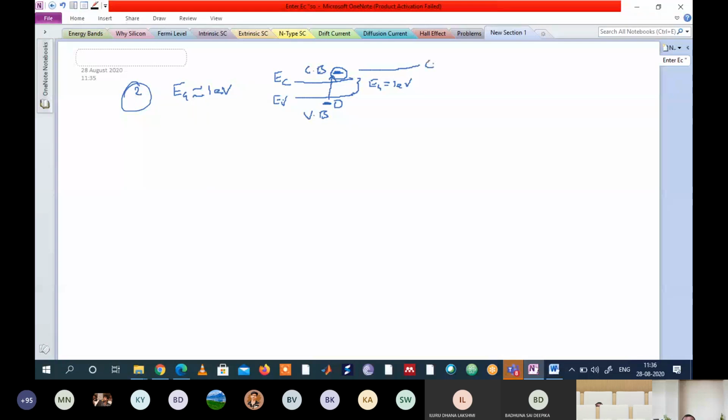Current flows, because the electron is jumping from one point to another point. If an electron is moving from one point to another, immediately current flows in the device. In the previous case, the first case, no current flows because the electron does not acquire 6 electron volts. So it is very difficult to jump from the valence band to the conduction band. That is why there is no flow of electricity in the first case, which is called an insulator.